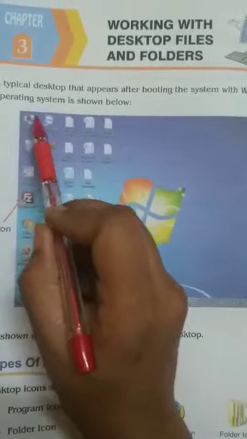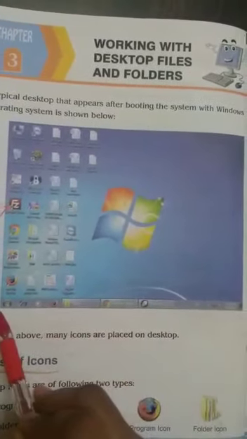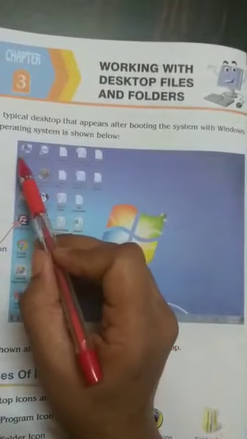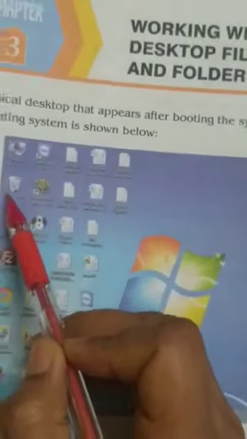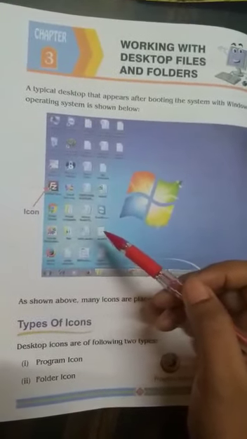Children, when we see this desktop, we can see that there are so many small icons which are visible on your computer screen. These all icons are the small images which are there on the desktop, and there are different types of icons.